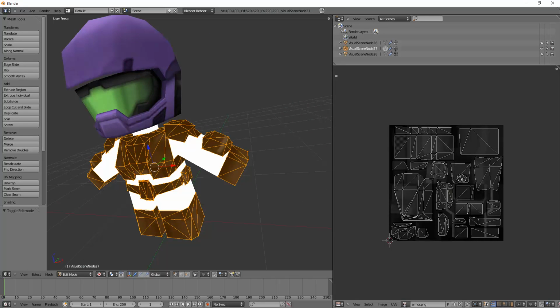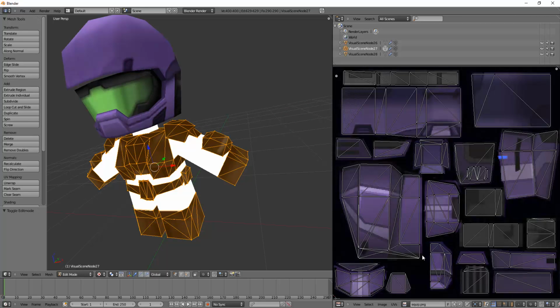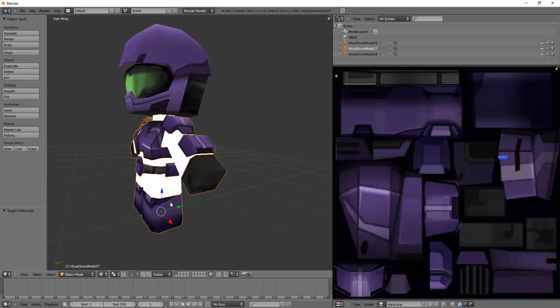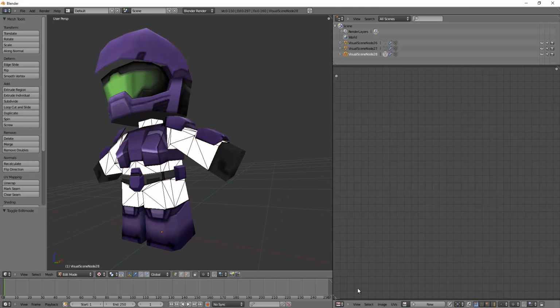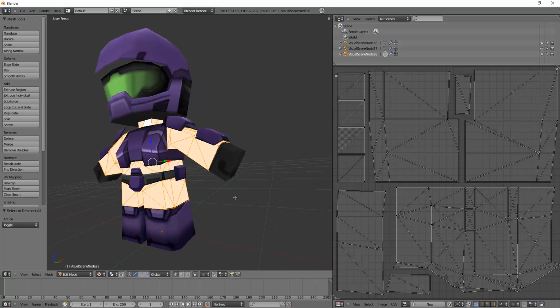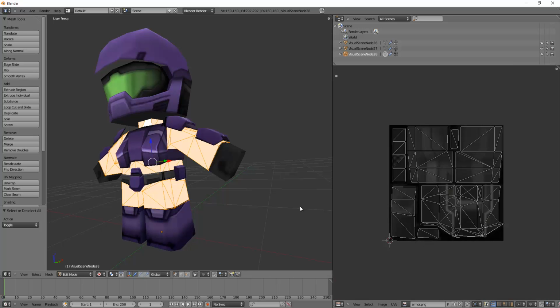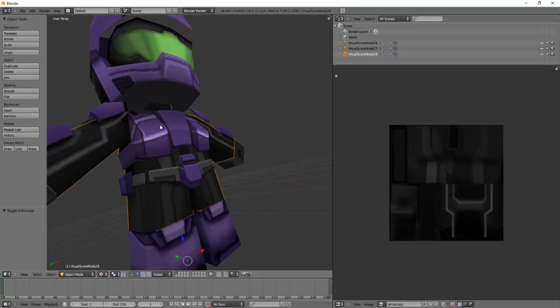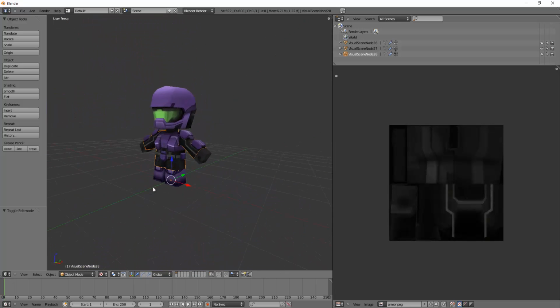Oh no, not that one. Boom, oh, there we go. And then that's going to be the armor. There you go. That's our little guy.